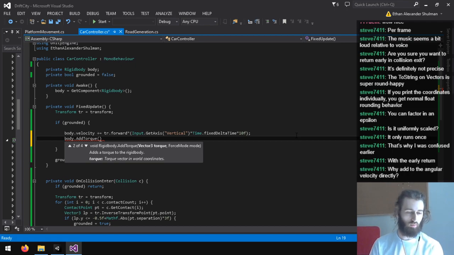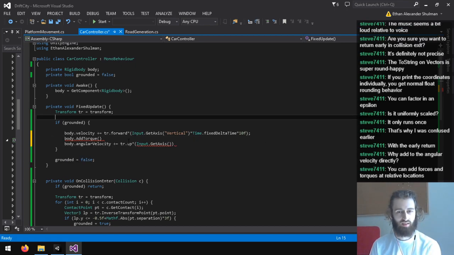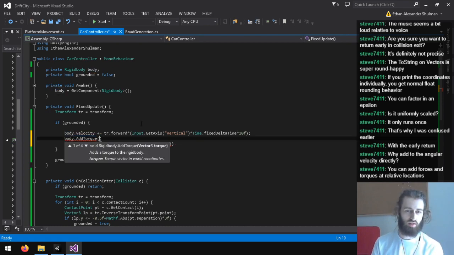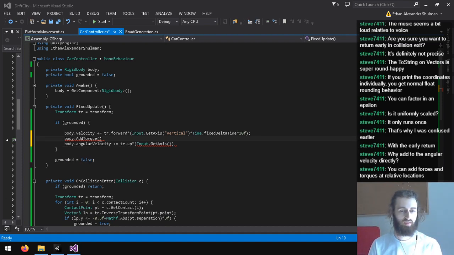The torque is in world coordinates? You can add forces and torques at relative locations. Yeah, I need to add it across the whole thing. This is weird though, the torque is in a vector in world coordinates. What does that mean?